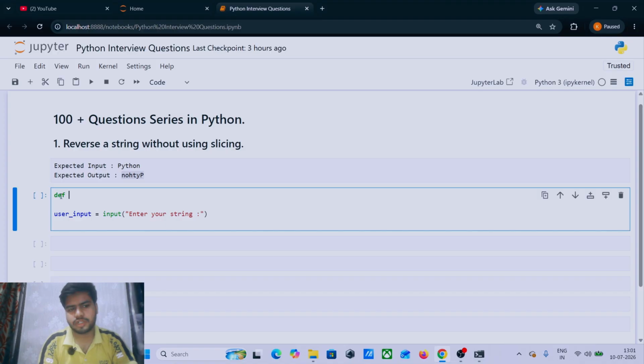So the function name I'm taking is reversed_str.